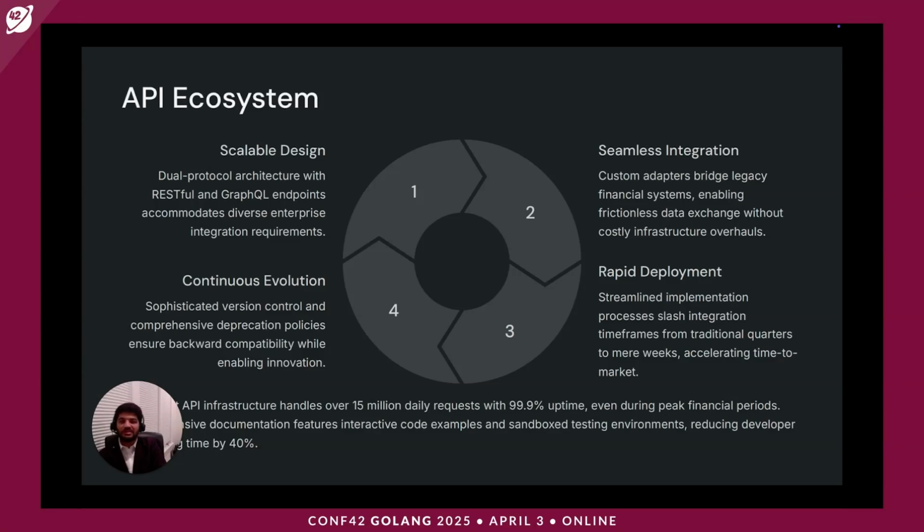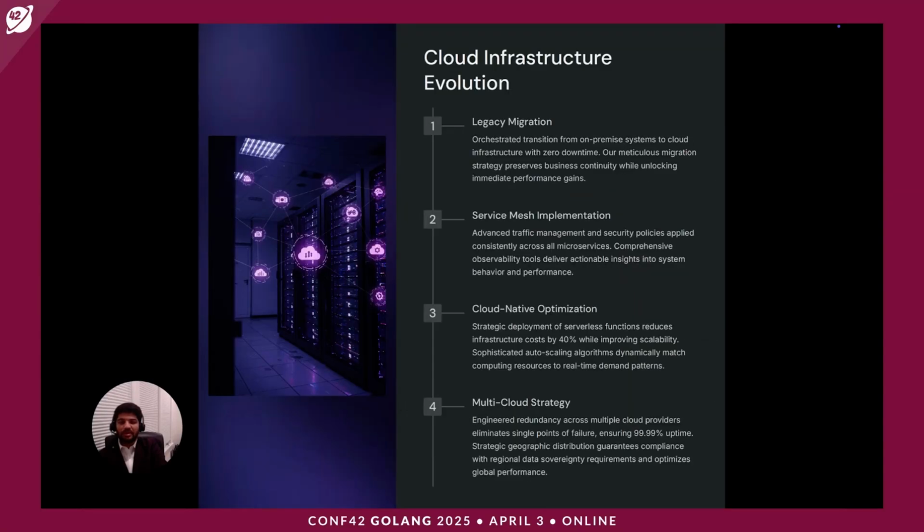With our APIs, they can tap into our AI engine, analyze a user's creditworthiness in real time, and approve a loan within seconds. Our APIs alone aren't enough. We need strong, scalable cloud infrastructure to support them. Let's explore that next. Coming to cloud infrastructure evolution, migrating to the cloud isn't just a trend, it's necessary for